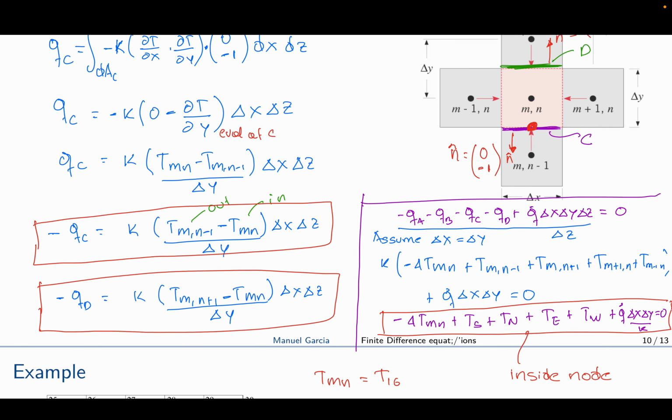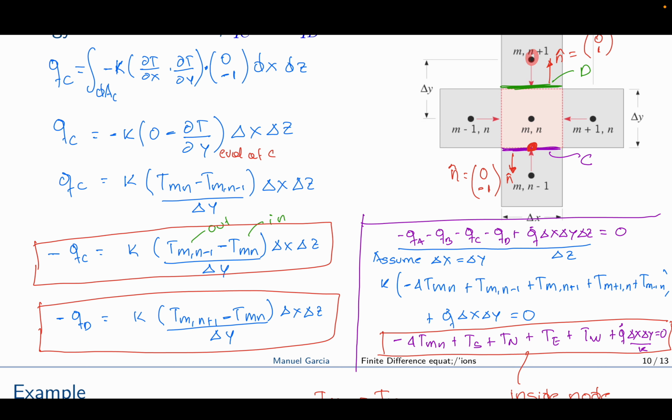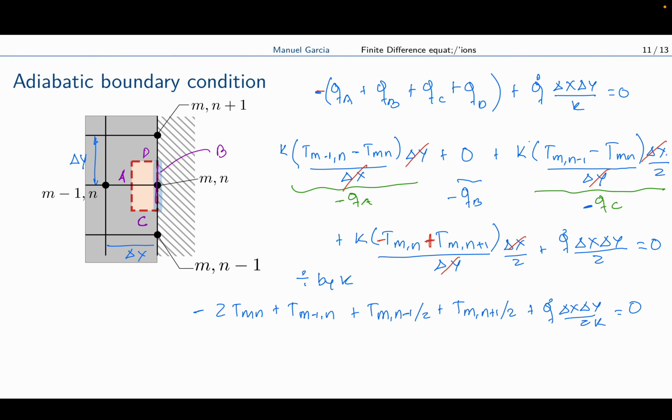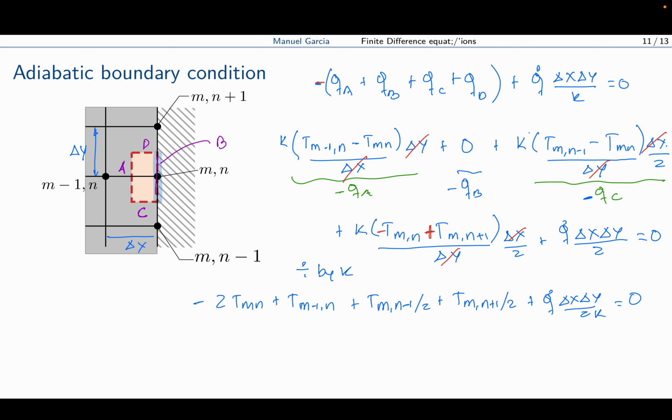This equation is minus 4 times the temperature in the middle plus the temperature in the north, temperature in the south, temperature in the east, temperature in the west, plus this term, which is Q dot multiplied by the volume of the cell that we are analyzing, delta X, delta Y, and divided by K, and that's equal to 0. So the next equation that we developed was adiabatic boundary condition. We apply the same concept,